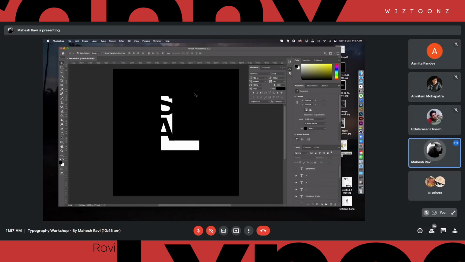This is again one typeface, one space that you're seeing, but you can see S, A, and L. A very interesting exercise which you can try out.